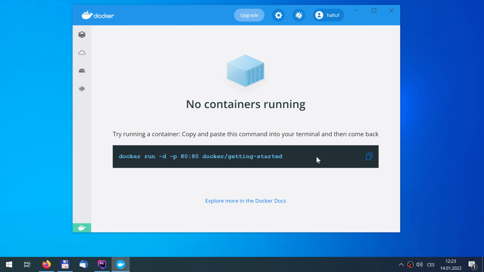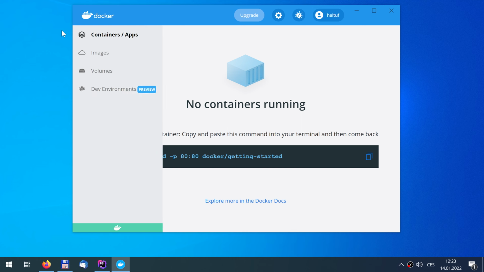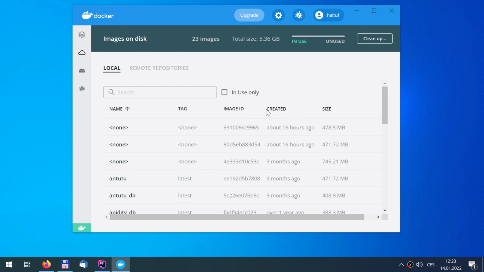When working with Docker, you will most often encounter 2 basic terms. The first term is images. These represent some specific system or piece of software, for example Ubuntu, Debian 10 or Apache, in some specific state.